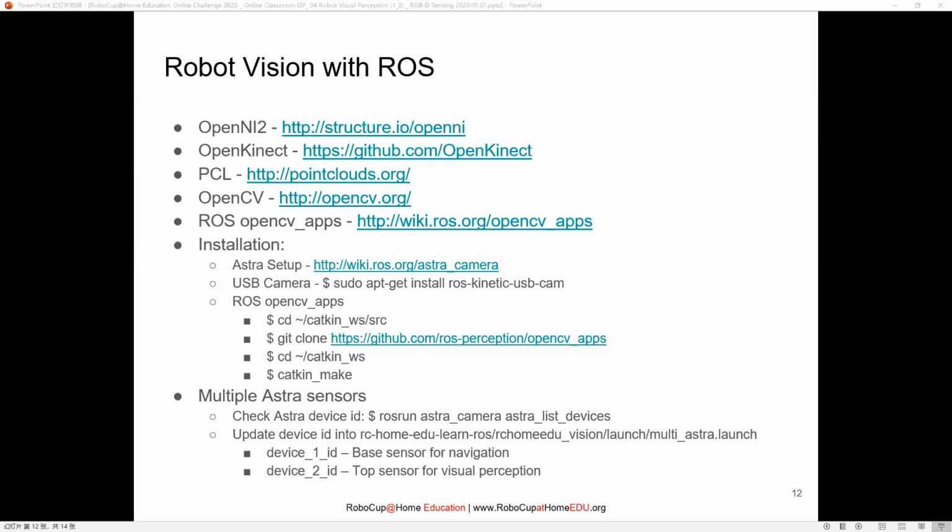This is one of the cases that I show you how we can run multiple sensors. For example, in the Jupyter Robot, we have two Astra sensors. So how do we arrange these two sensors and run them simultaneously? Because we need them to run simultaneously, one for navigation and one for the human